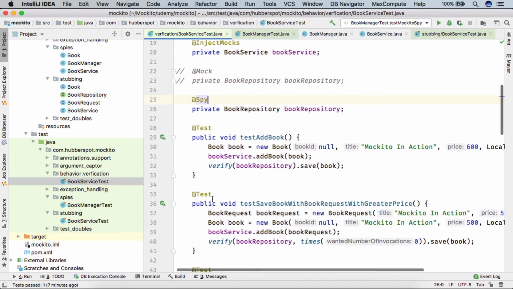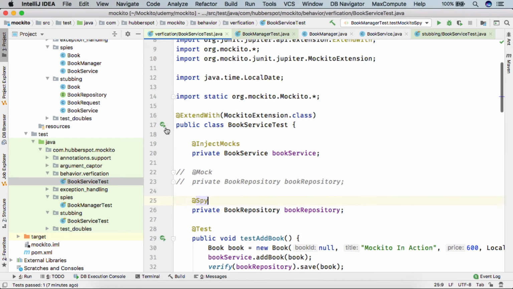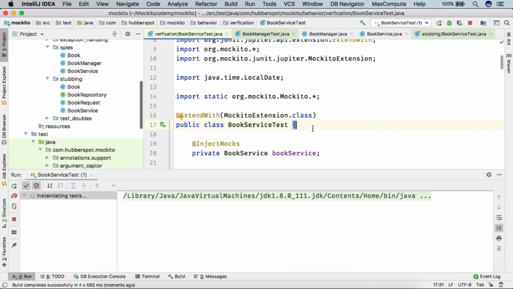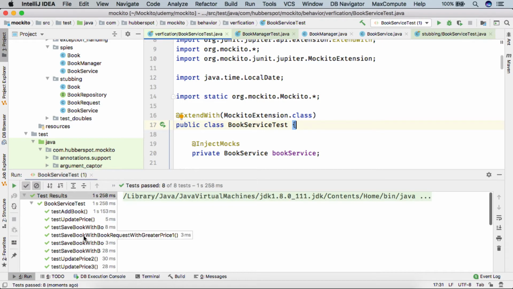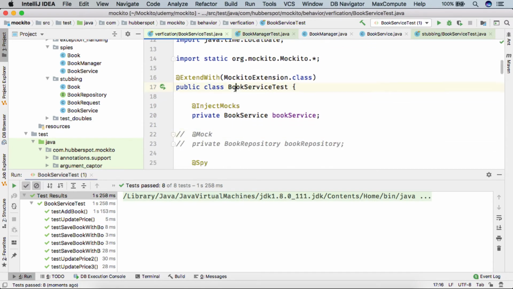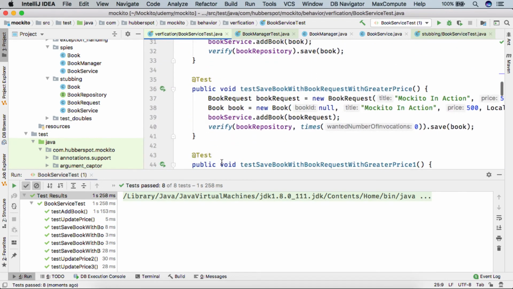And after making it a spy, if I run the test cases, here you can see all the test cases ran successfully. That is because when it comes to behavior verification in Mockito, mock and spy work the same.